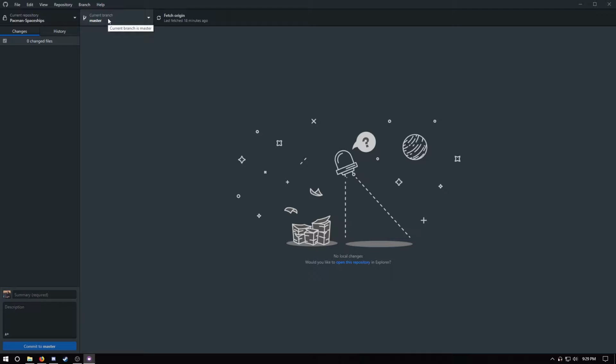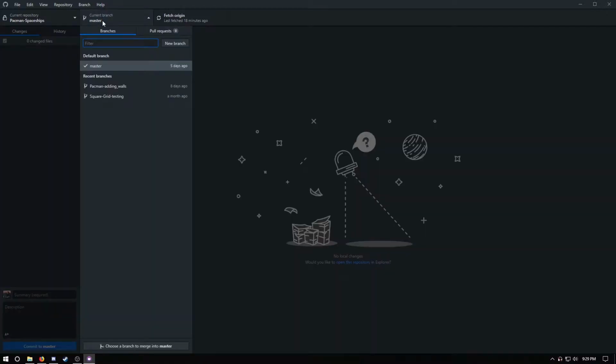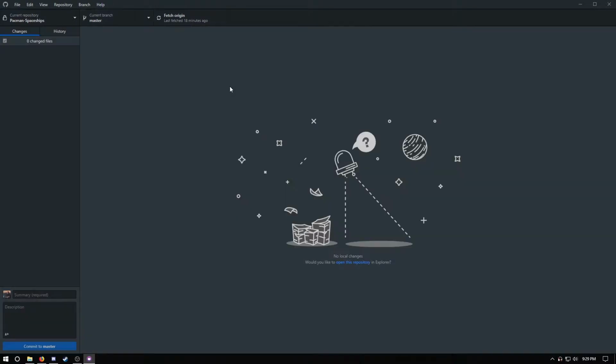And what is a branch? Well, a branch is where most of your code will live. You'll have your master branch. Every project has a master branch. But as you can see, I have two other branches here. So think of a branch as you wanting to experiment with your code, with your project, but you don't want it to affect your main master branch because you don't know if it's going to work,